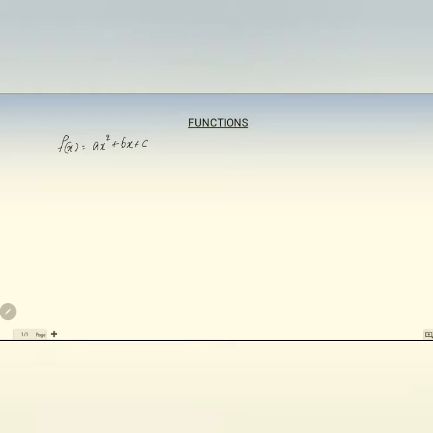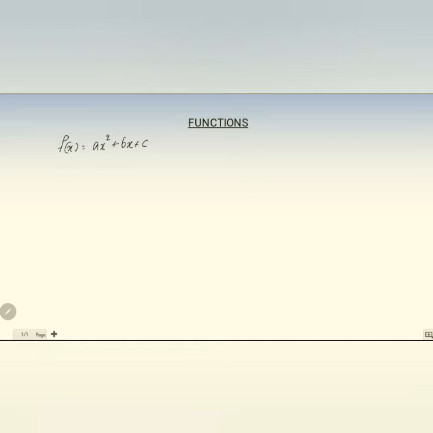Mainly in this video, we are just discussing the basic knowledge about quadratic functions. Here, a is the coefficient of x squared, b is the coefficient of x, and c is the constant term, that is the number without x. When you sketch the graph of a quadratic function, it is known as a parabola.